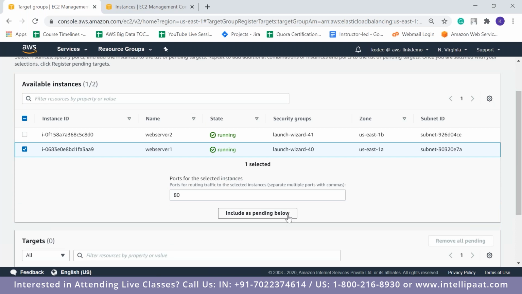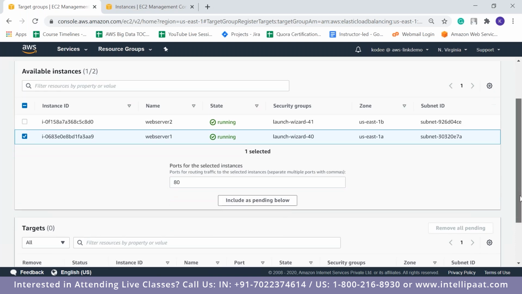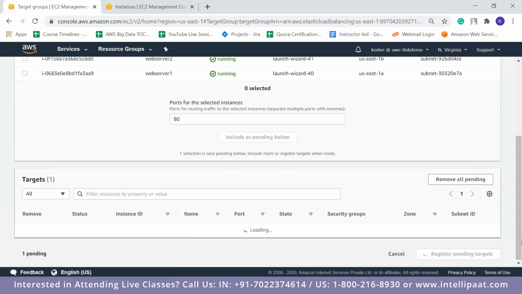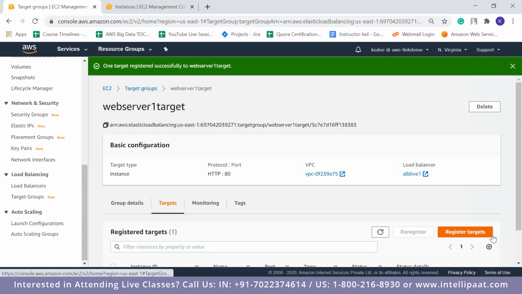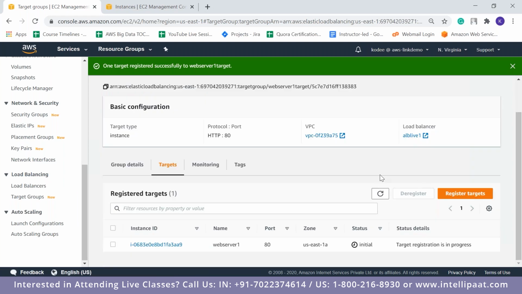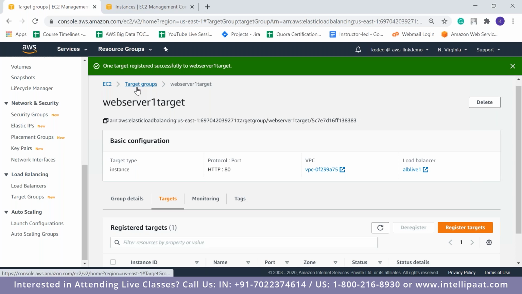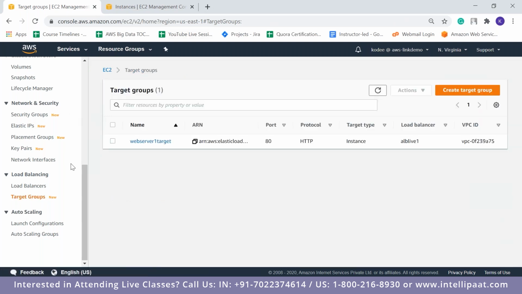So why a target group, you may ask? Mostly a target group is, you can connect it directly to one instance or multiple instances, or you can also connect it to an auto scaling group. So we are not going to look into auto scaling. Again, that is a very big concept which we'll have to look into. So I have registered one target with this particular target group. So now let me show you something.